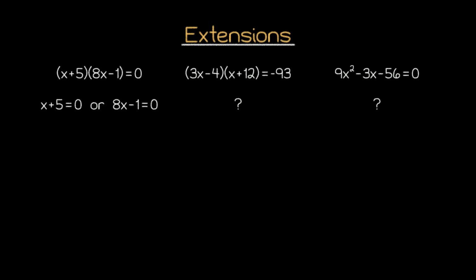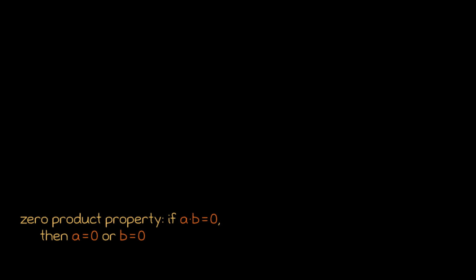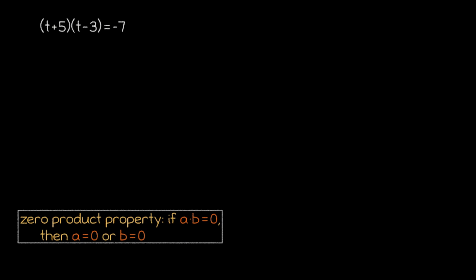Thankfully, there is still a way to implement the strategies we've learned in this video, even if our equation isn't set up exactly how we want it. We just have to put in some extra work to rearrange the equation so that it ends up in a form where we can apply the zero product property. Take this equation for example. We can't currently apply the zero product property because neither side of our equation is 0.